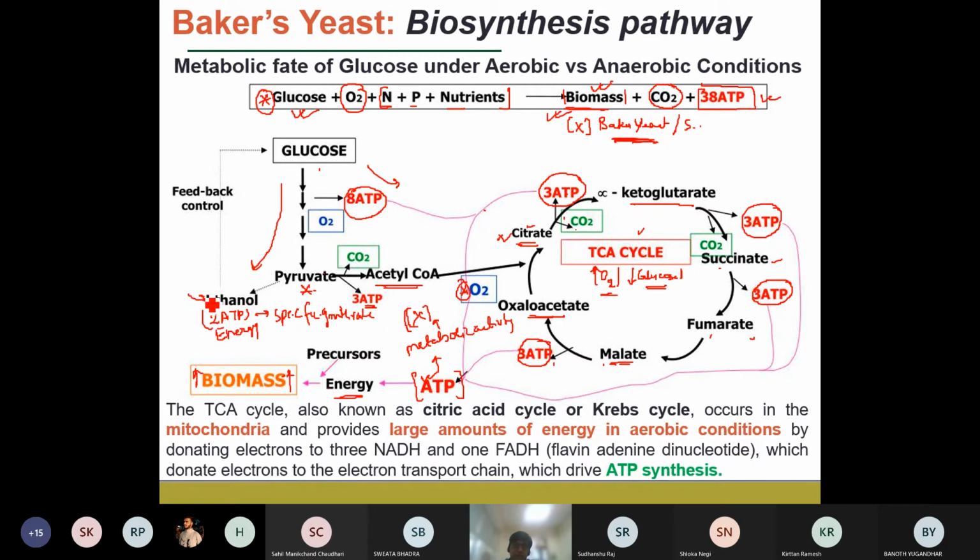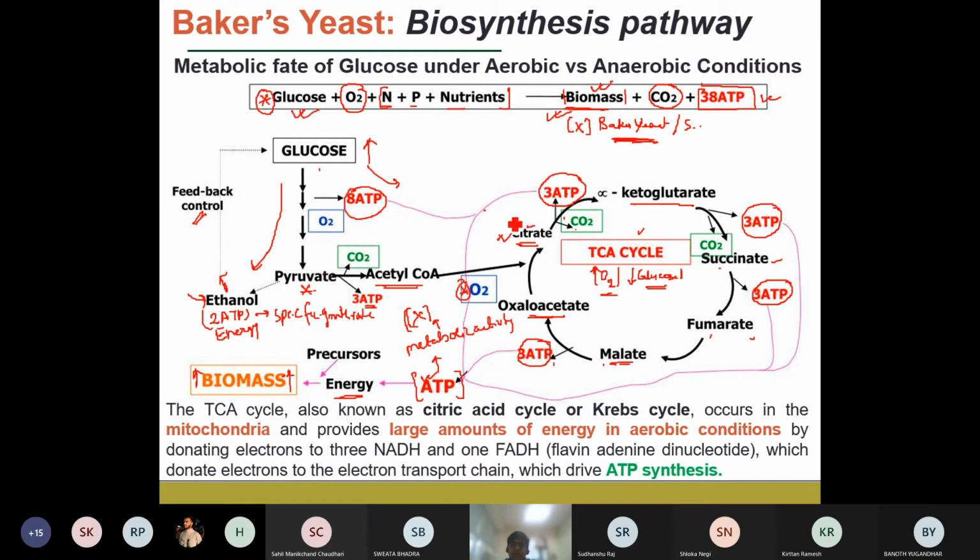If you go for the ethanol production, we have also talked about this feedback control loop, like how the ethanol is controlling the overall pathway, because as the ethanol concentration is higher, the metabolism of the conversion of glucose to ethanol actually decreases. But in this particular case, in the aerobic fermentation, there is no effect of the feedback control. If the biomass concentration is higher, that actually increases the rate of the glucose uptake, so that doesn't affect the overall pathway.